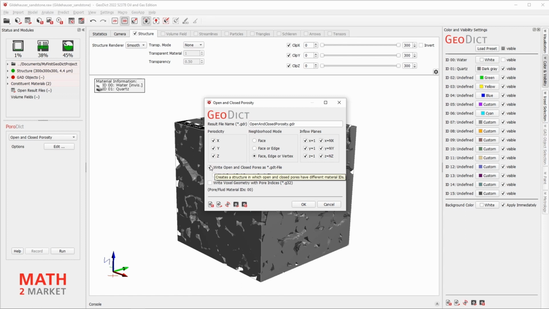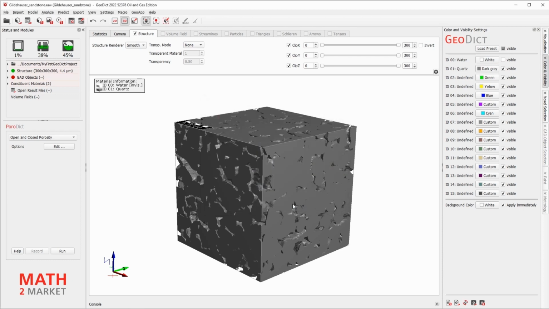Make sure that you have checked the checkbox for Write Open and Closed Pores as GDT file. This will make the open and closed pores available as structure. To start the calculation, click OK and Run.